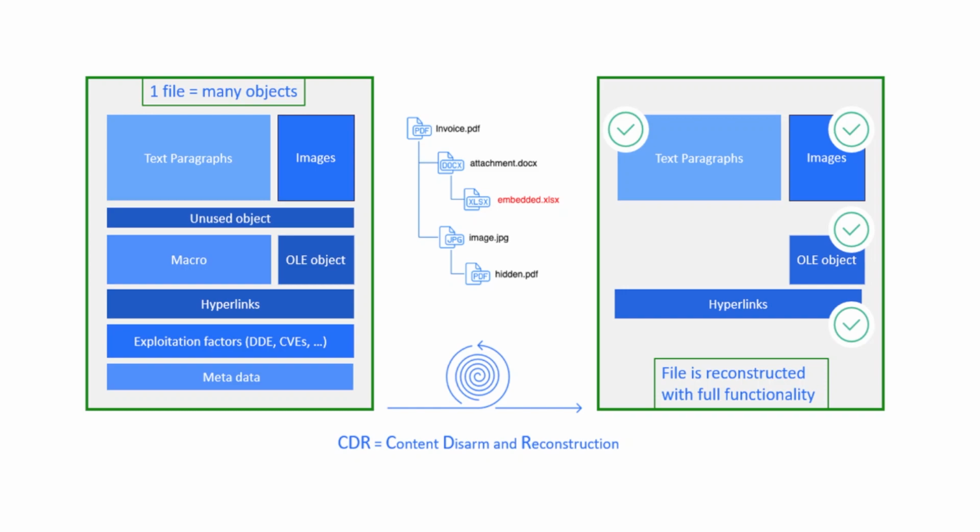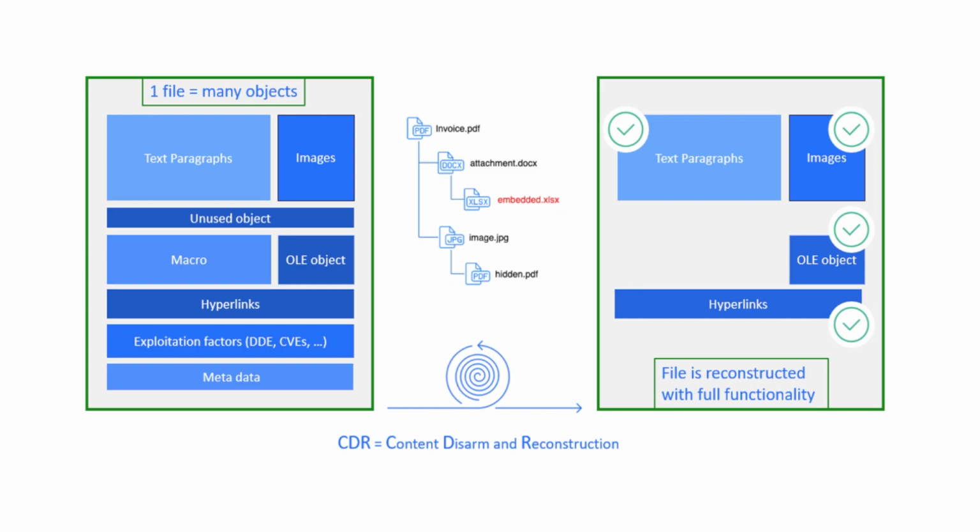The file is deconstructed into its individual objects, and any object containing active content is removed. For example, CDR will remove embedded scripts and documents, executables embedded within images, or append a safe redirect to URLs. Deep CDR can perform this recursively, removing malicious content embedded deeply within other complex files. The remaining objects of the file are then recombined into a new, fully functioning file and delivered threat-free to